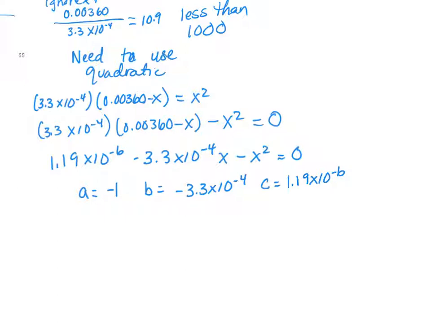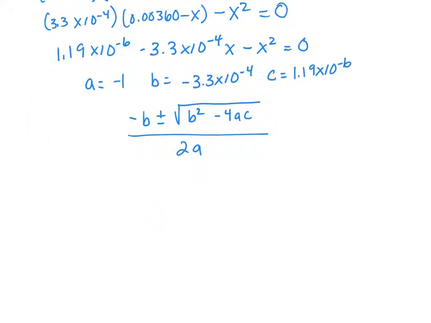Okay. Now you use your quadratic formula. Negative b plus or minus the square root of b squared minus 4ac, all divided by 2a. And so you can plug and chug away at that, and you should end up with x is equal to